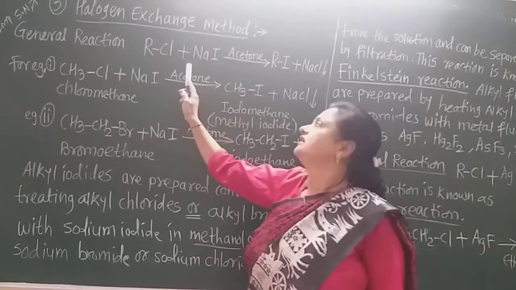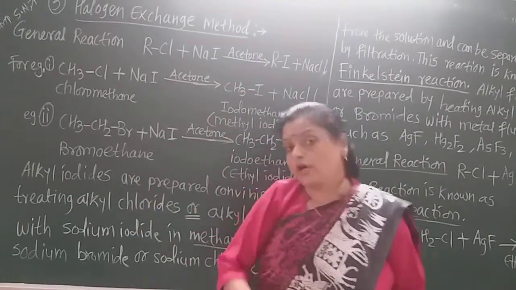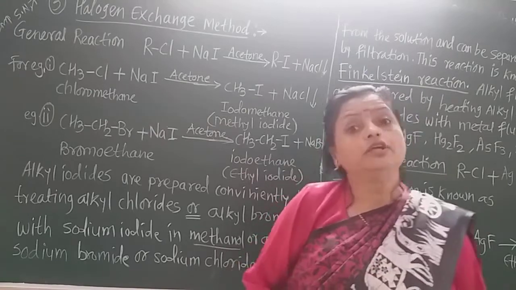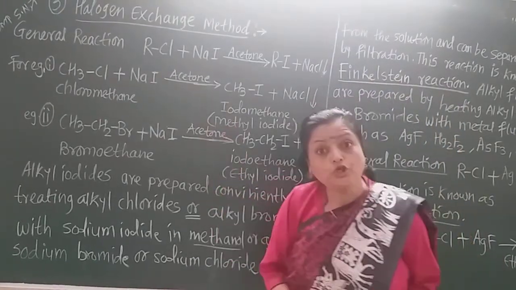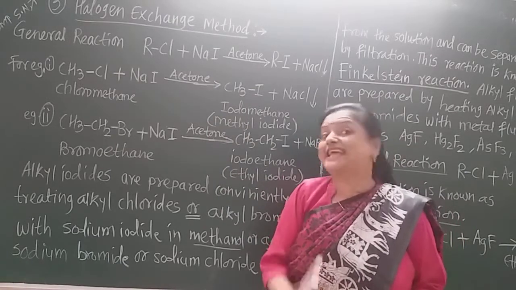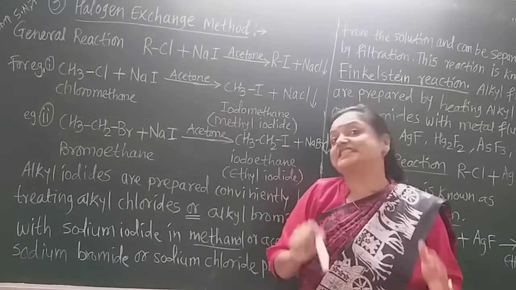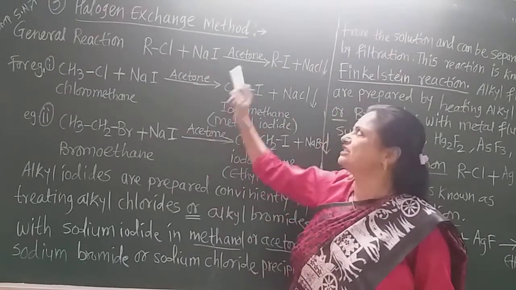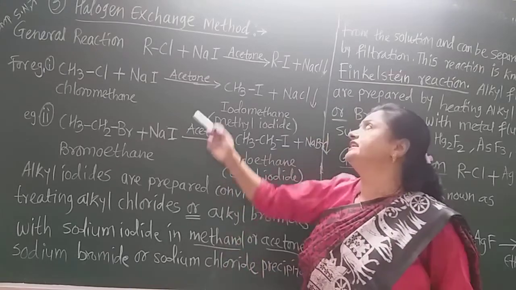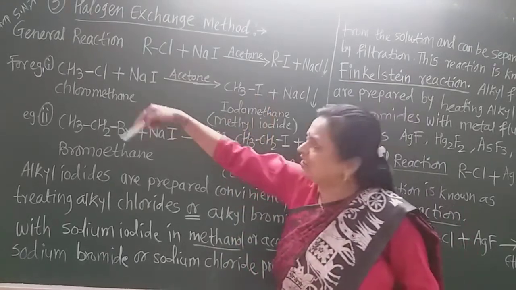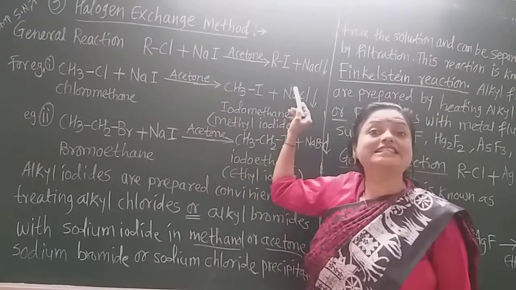Then the solvent used is very important. Now on the arrow, you can write in the examination that the solvent must be acetone or methanol, because only in the presence of acetone or methanol as a solvent is this reaction carried out. So the solvent used is acetone. You know that acetone is always in liquid form, and it is used here as a solvent to dissolve the reactants, so that there is the reaction and there is formation of these products.